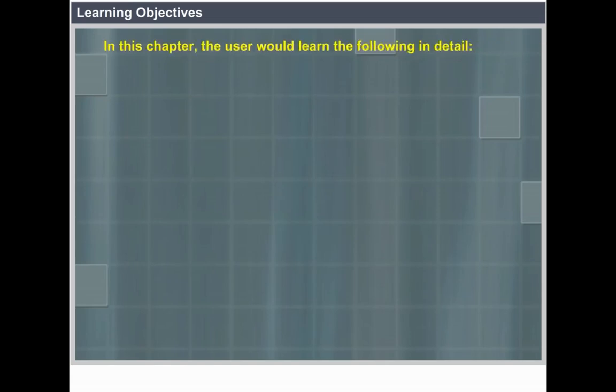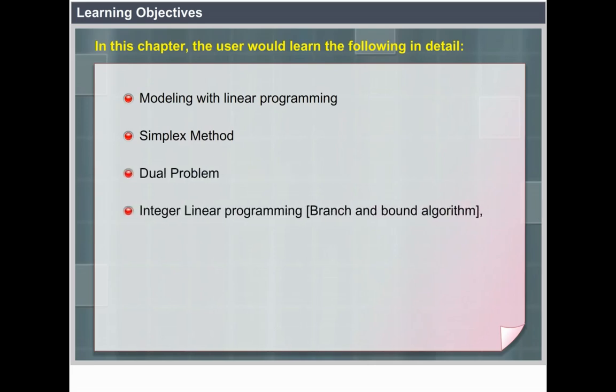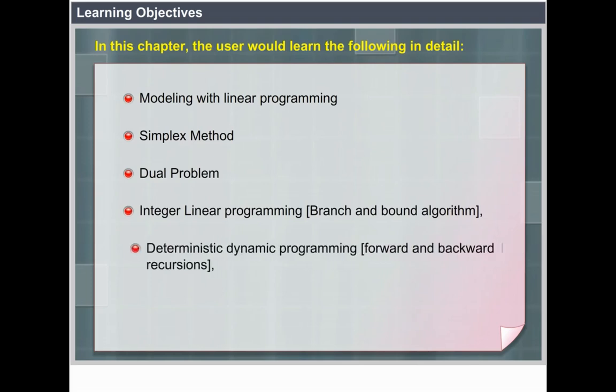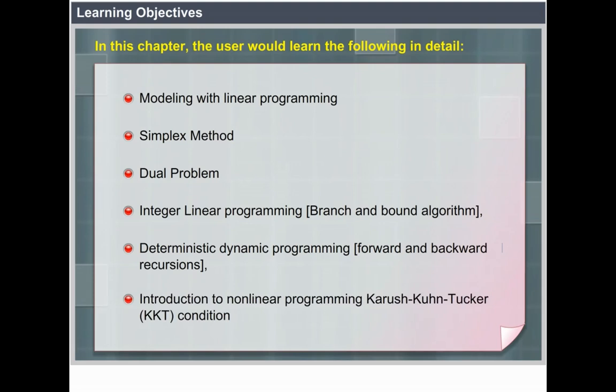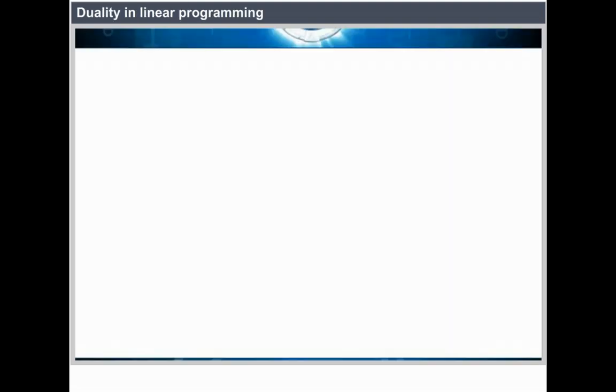Learning objectives. In this chapter, the user would learn the following in detail: modeling with linear programming, simplex method, dual problem, integer linear programming, in that we learn the branch and bound algorithm, deterministic dynamic programming, forward and backward recursions, introduction to non-linear programming, Karush-Kuhn-Tucker conditions, that means we shortly say KKT, duality in